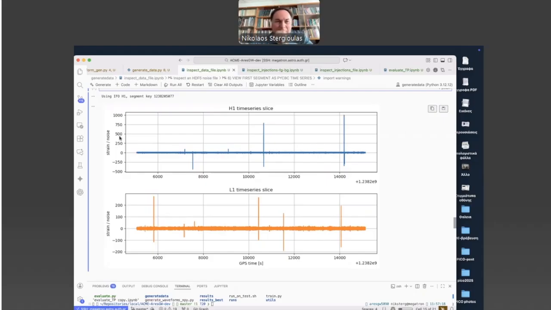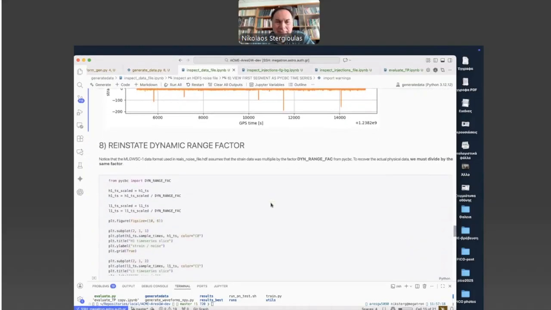Obviously these are not the right units for the strain. Otherwise, we would not be having a good time at the moment if gravitational waves were so strong.